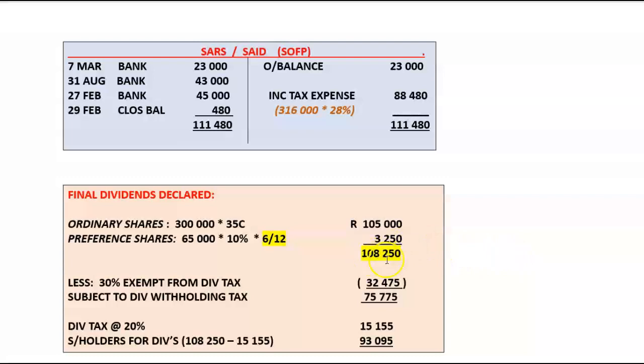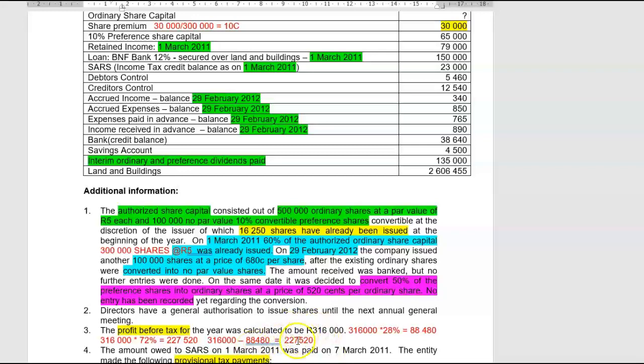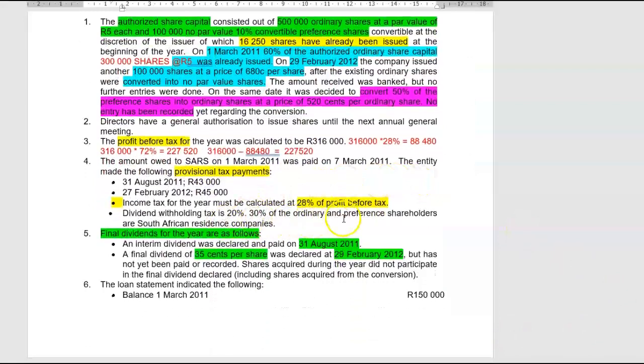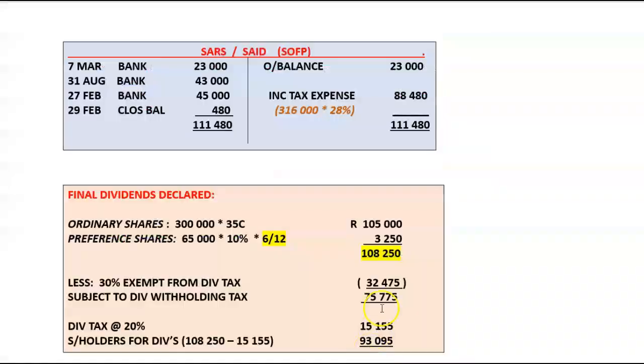But this dividend was declared, we still have to pay the shareholders, and we also have to pay the receiver of revenue the portion of the shareholders' dividend which actually has to go to him. Now they tell us in the question that 30% of our shareholders are South African resident companies. So therefore they are not subject to dividend withholding tax. So let's deduct then that percentage, 30% of 108,250, which is not subject to dividend withholding tax. The remaining amount, the